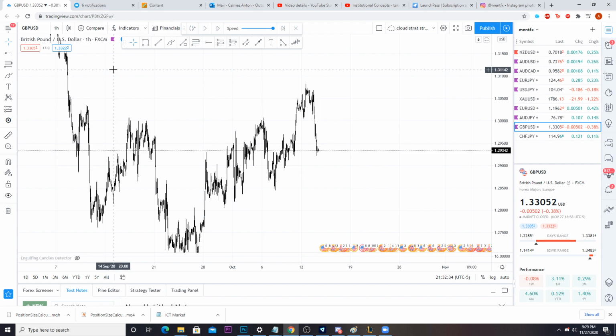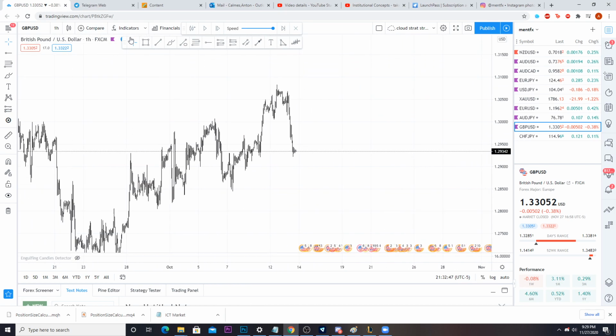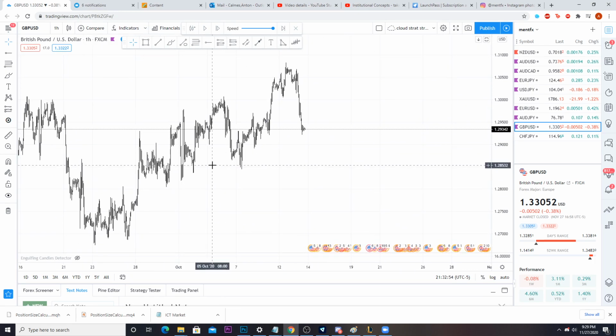This is why we do our markups from the top down, from the monthly. Even though we don't trade the monthly, or sometimes it might not even matter for us, the reason we do it is because it puts a completely different directional bias in your mind, right? And sometimes you can really trap yourself looking at the 1 minute or the 5 minute only, right? Sometimes you just have to realize what you're looking for on a higher and then get lower and see that, right? So that's basically Wyckoff in a nutshell.